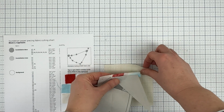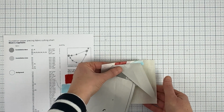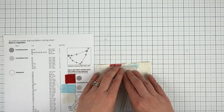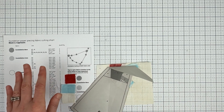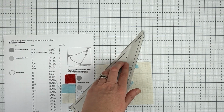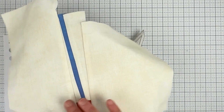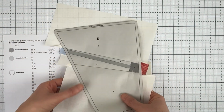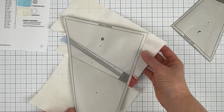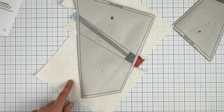And you may have to remember, not necessarily for this fabric piece, but for others, that covering that section may require rotating the fabric. So again, if you are cutting from the cutting chart, I promise you all the fabric sections will cover those paper piece sections. You may also find, as in the case with this piece, once you're done paper piecing, you're going to have extra fabric around the edges. Once I trim to the edges of the fabric here, I'll be able to use these extra scrap